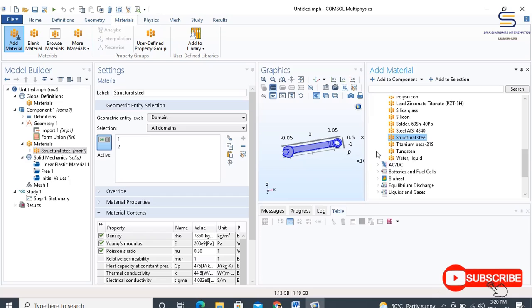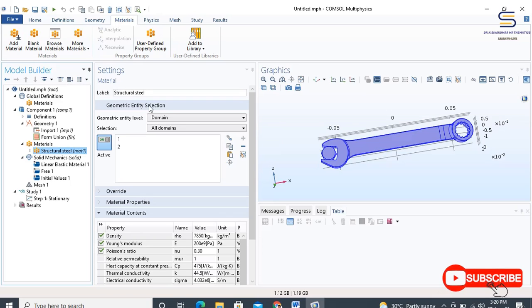Now the structural steel has been added to the component. In the home toolbar, click add material to close the add materials browser.